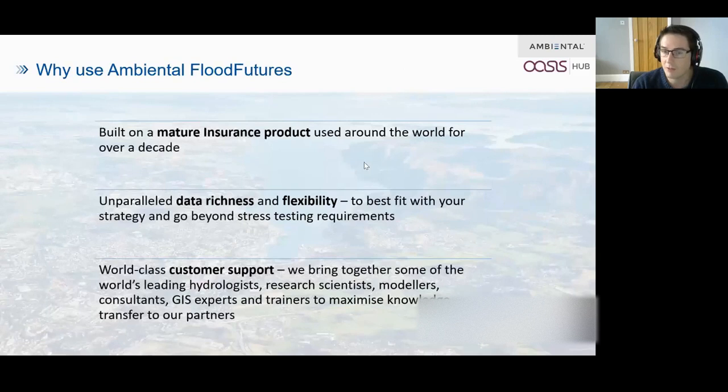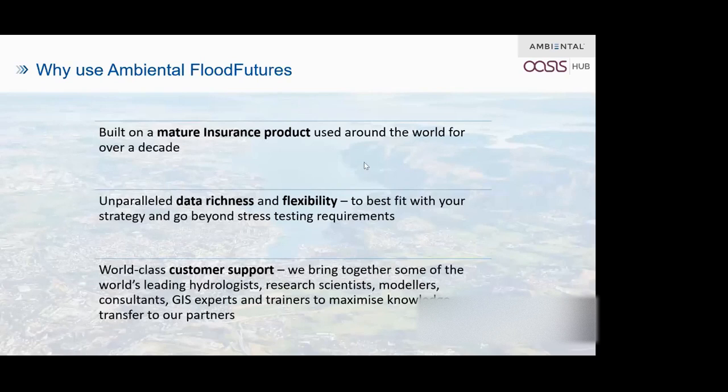This is just a few benefits around why we've done it this way, and why we based it on our FloodScore insurance offering. And really that's just to make it easy to work with, because not everyone wants to answer the same questions, and not everyone wants to go to the nth degree of detail. But crucially, there is a massive repository of data here that can be used to answer lots of different questions, and the answers it will give can be very, very simple and very, very clear. And that's it. I'm going to leave it there.